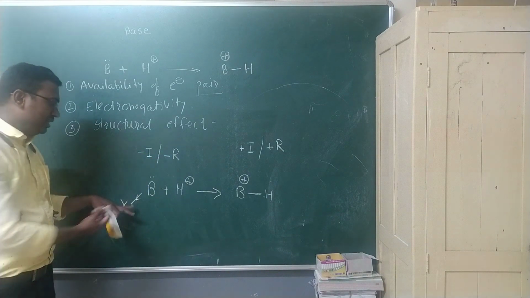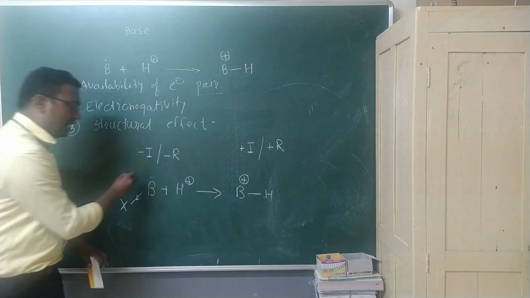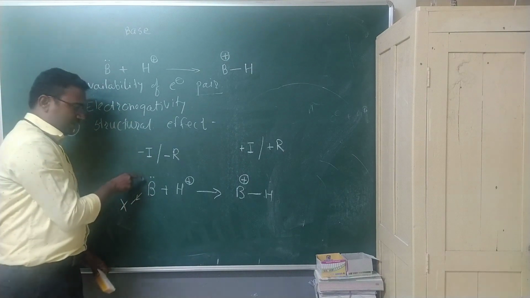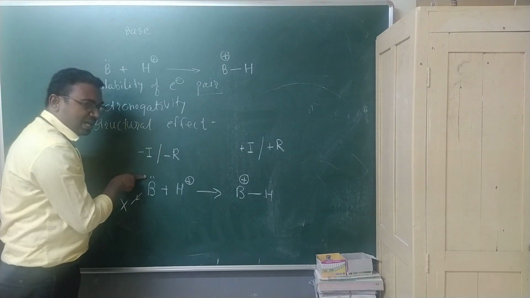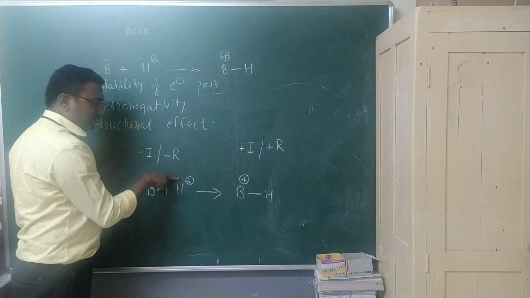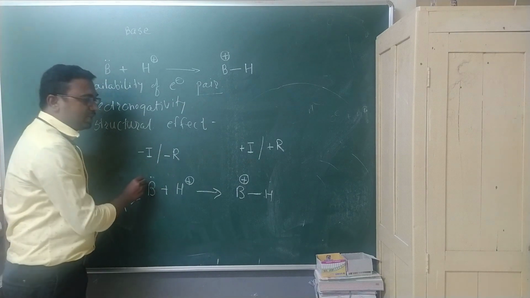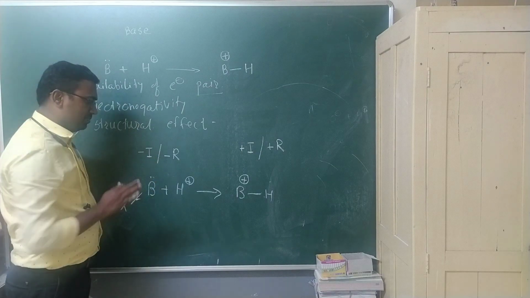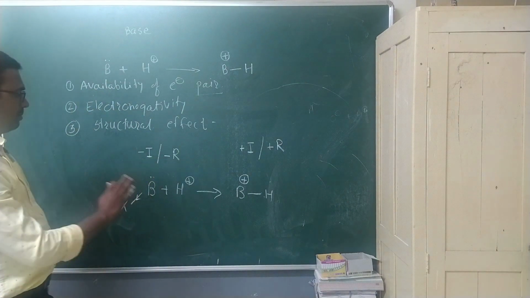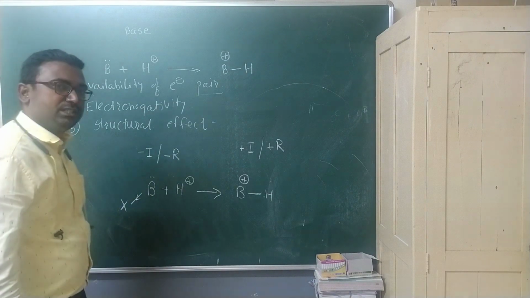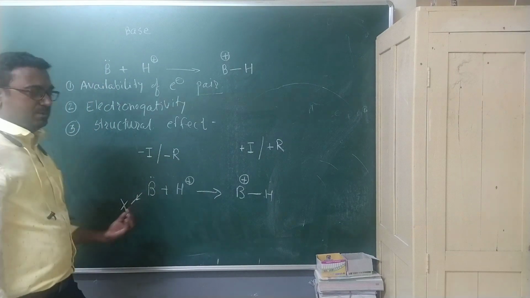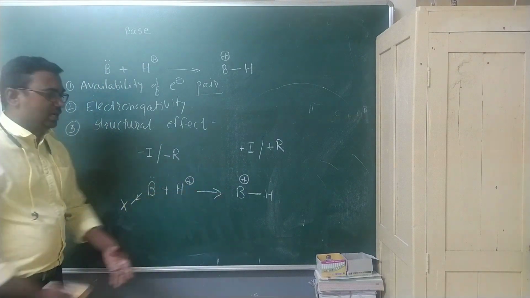In that condition, it will attract electrons towards itself, and this lone pair of electrons, or negative charge, which is useful for electron donation, will not be readily available, so its basic character decreases, because the main function of the base is to attack or accept the H plus ion, or to donate the lone pair of electrons.